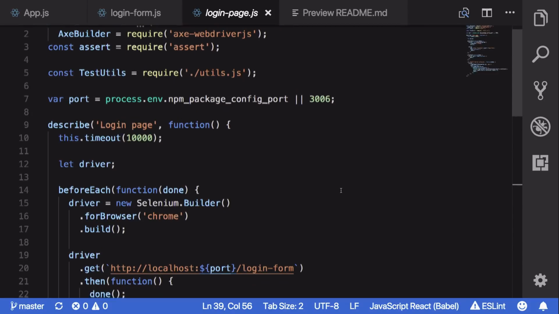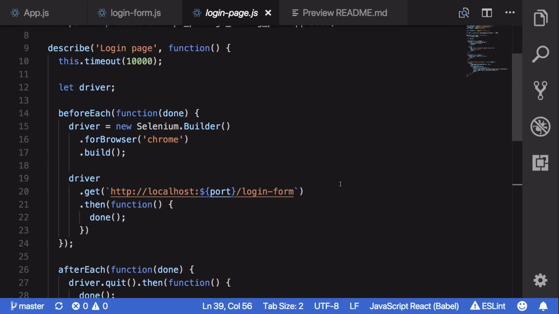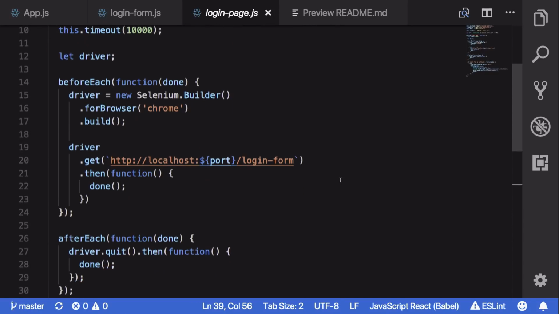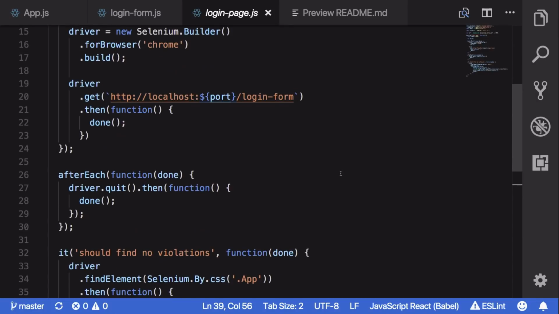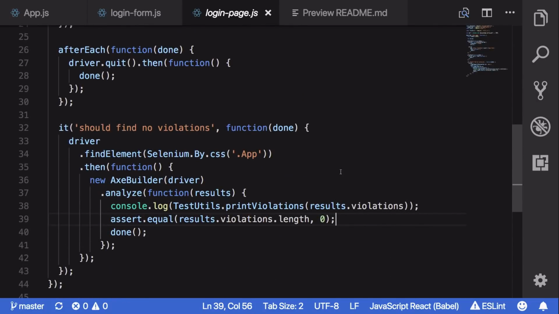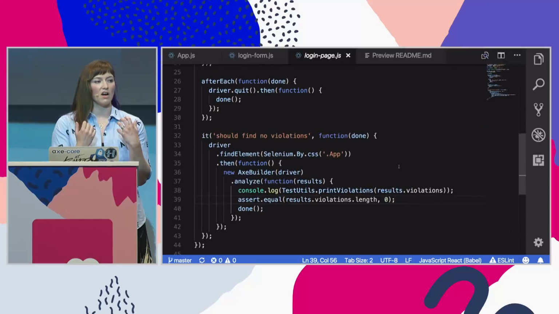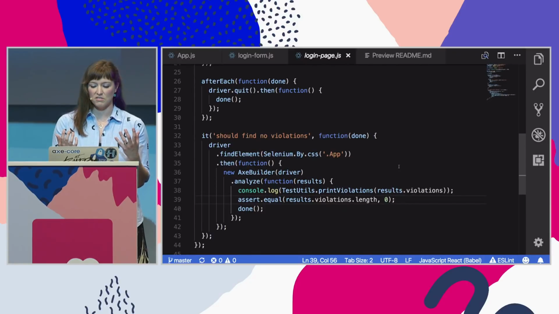So I'm using Selenium here because that's a lot like what a real user would experience. I can fire up a browser. In this case, I was using Chrome. It goes and hits that localhost URL for the login form. And then I have a single test in here. It uses axebuilder.analyze. And what that will return to me is an object with accessibility violations that I can use